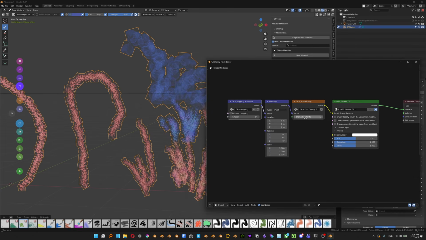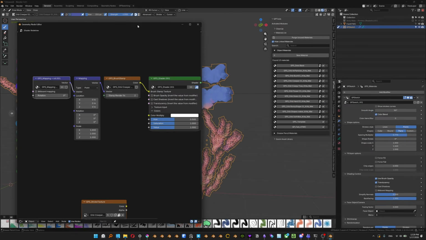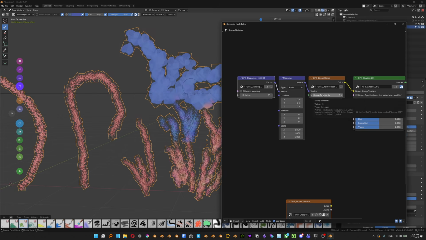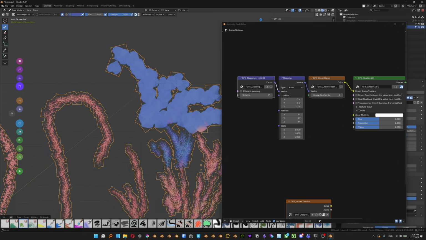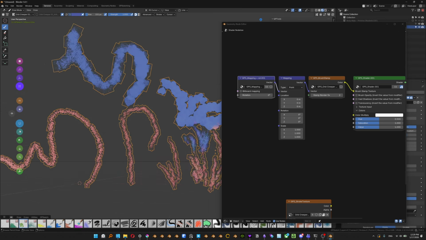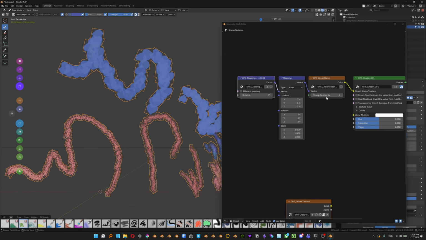So here the stamp render fix will change. I selected the wrong one. Oh yes, I did click on the wrong one. We'll change the way the alpha is interpreted, because sometimes the way you export them or the way they are looking will be giving different outlooks. So a way to fix it is just to change the temp render fix, and then when you save,